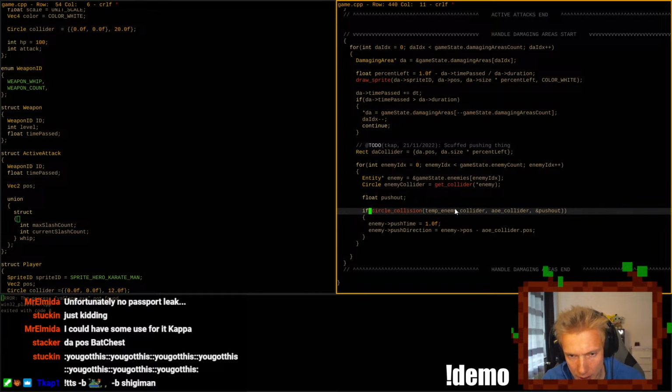Then we check for circle rect collision. Or was it rect circle collision? Rect circle collision. Yeah, we check for rect circle collision. We supply the DA collider and the enemy collider.